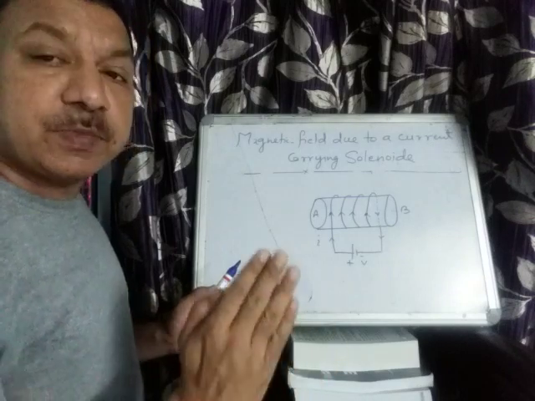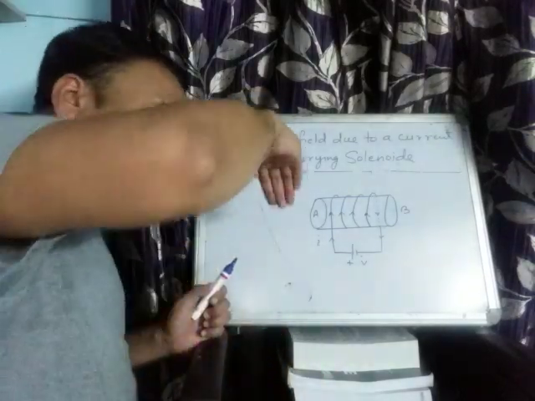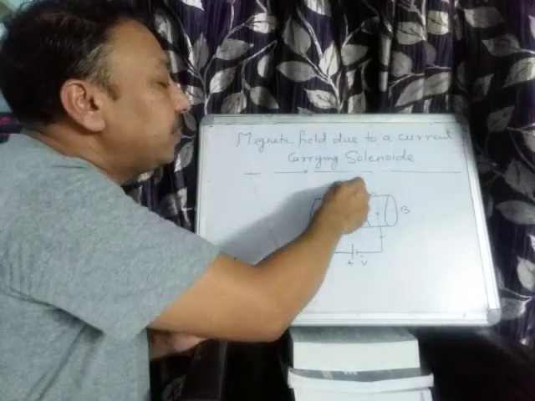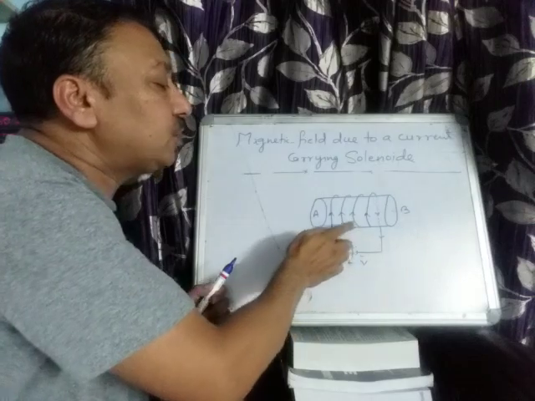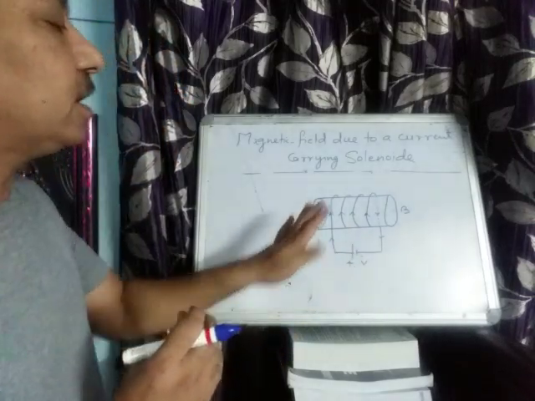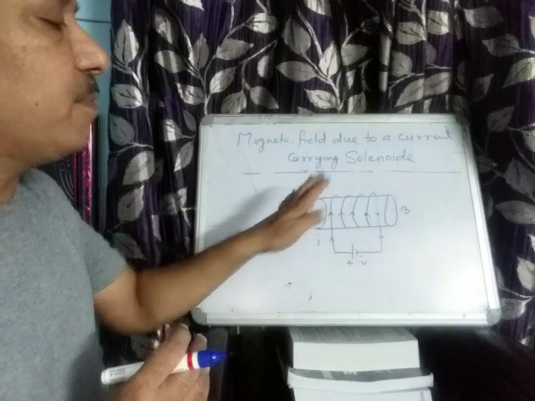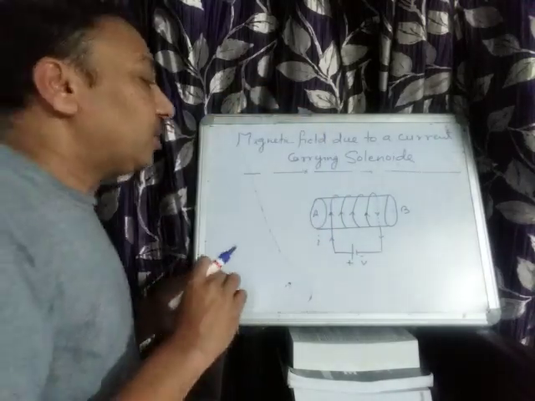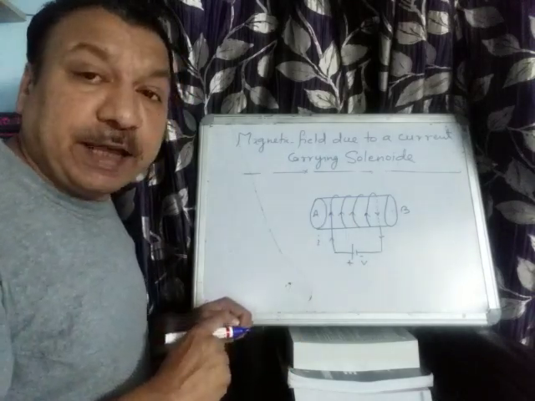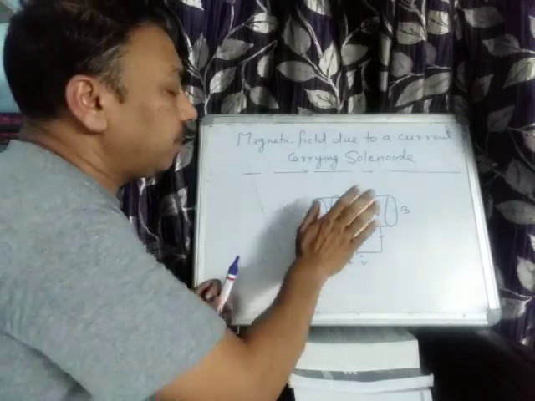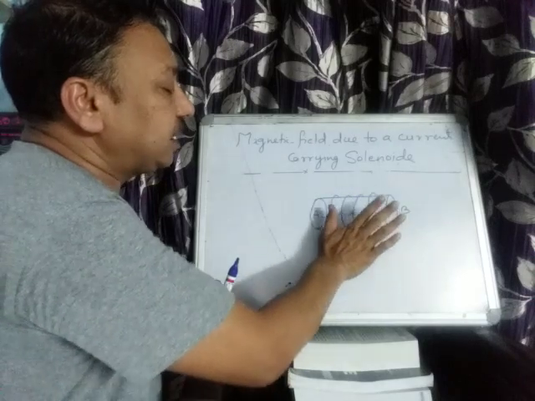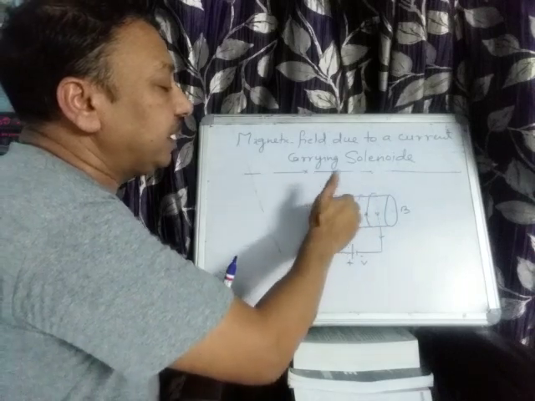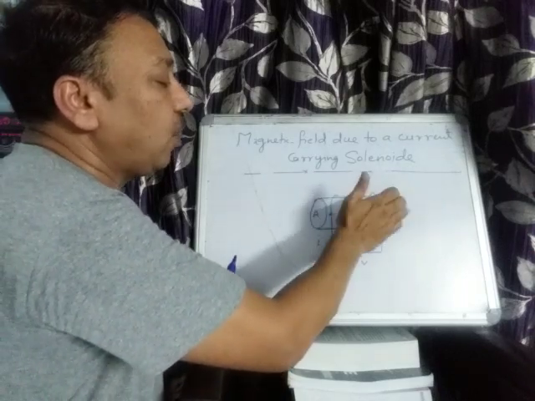The current which is rising up comes down on the back side, and again here the current is rising up and coming down from the back side. It means in the front portion current seems rising up, and on the back side of the solenoid current is going down. Okay, so it is a current carrying conductor, so it should behave like a magnet. So just apply Maxwell's right hand thumb rule. I am keeping the right hand along the direction of the current, then the direction of magnetic field is similar in all